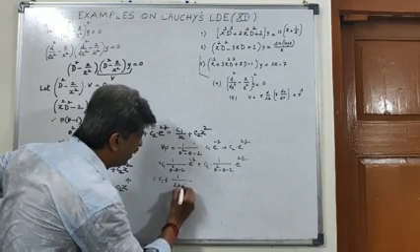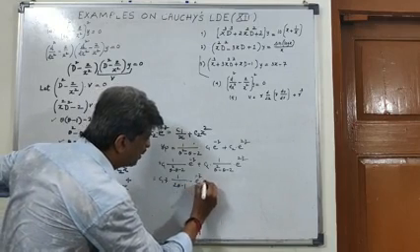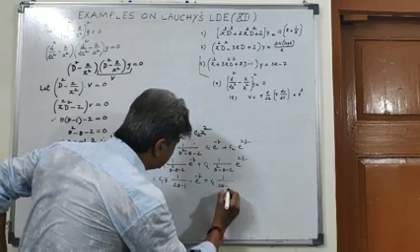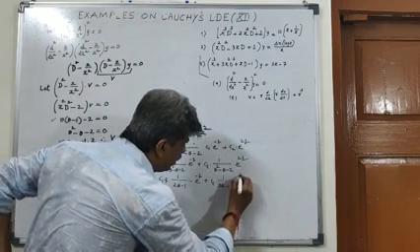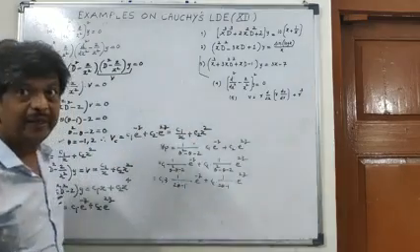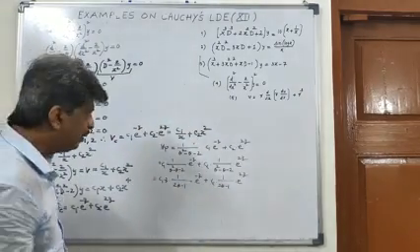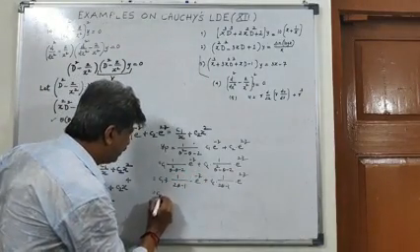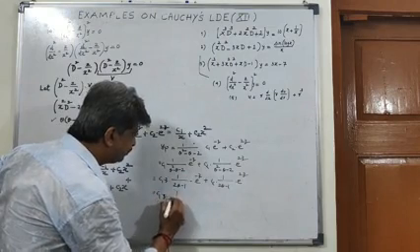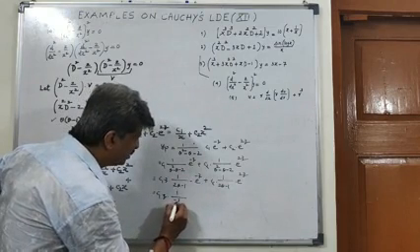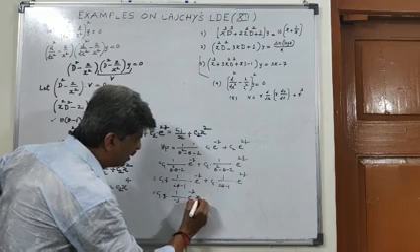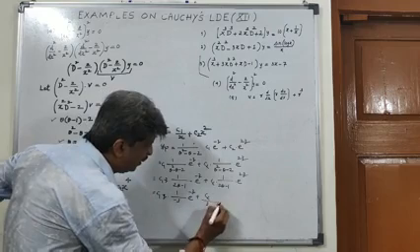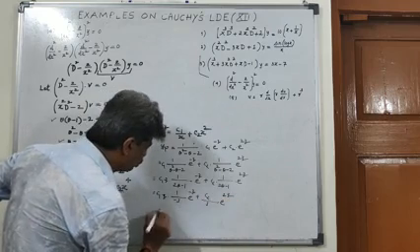2 theta minus 1 e raised to power minus z, C2 into 1 upon 2 theta minus 1 e raised to power 2z. And now I would be replacing theta by minus 1 here and theta by plus 2 here. So C1 z upon minus 2 minus 1, it is minus 3, e raised to power minus z, plus C2 times 4 minus 1, it is plus 3, e raised to power 2z.